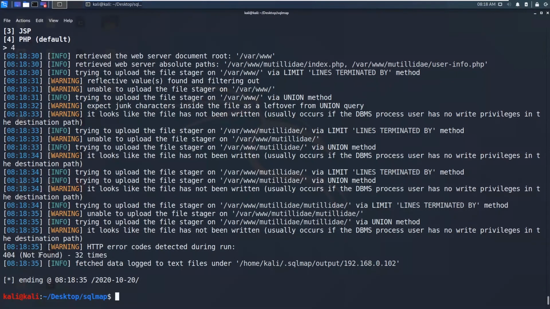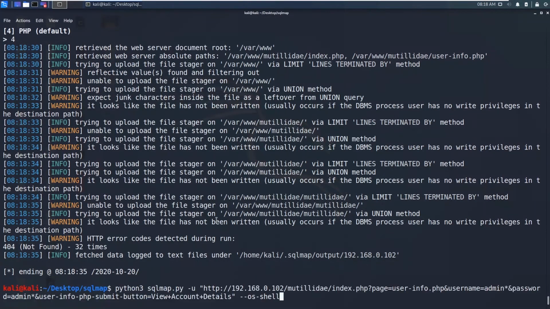So it's saying it got some errors because there are no write privileges in the destination path. If we have any write privileges from the normal user, we can just write the payload into that and we get the reverse shell. So it's definitely worth trying this OS shell option.